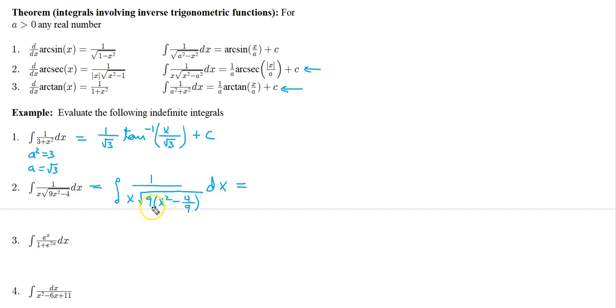Alright, so you see I just factored a 9 away from the x squared plus 4 term, and we get this. Notice if I multiply the 9 back inside here, I will recover this. Now let's move the 9 outside of the square root, in which case it will become a 3, right? So this will equal